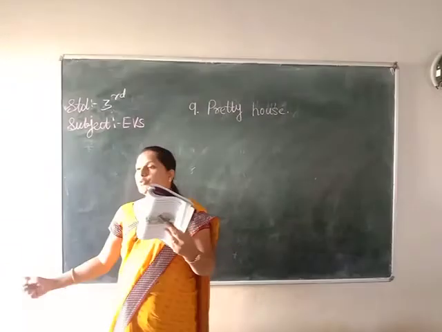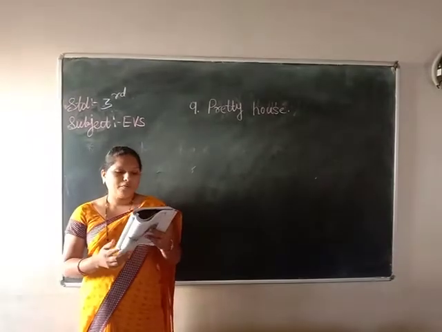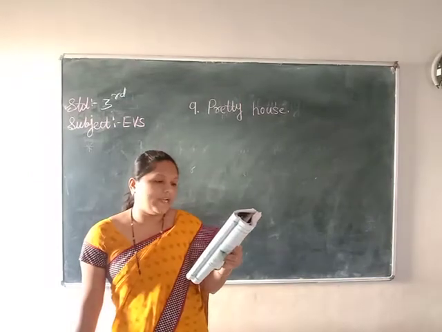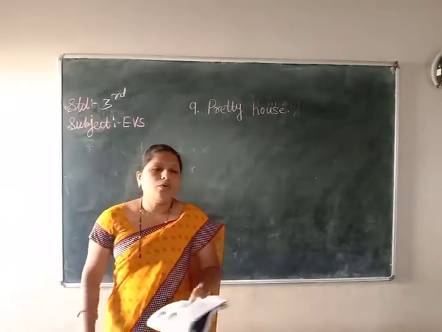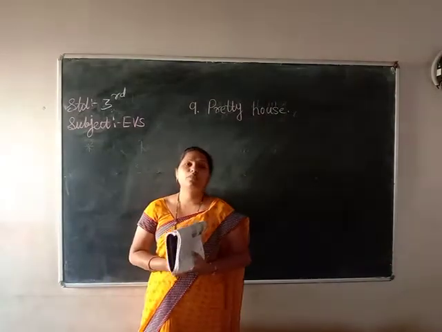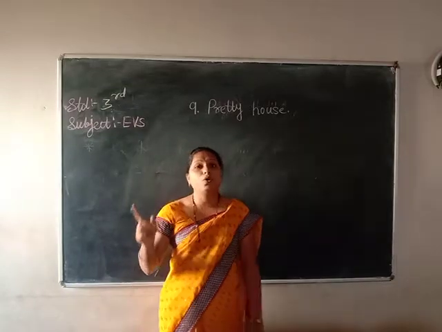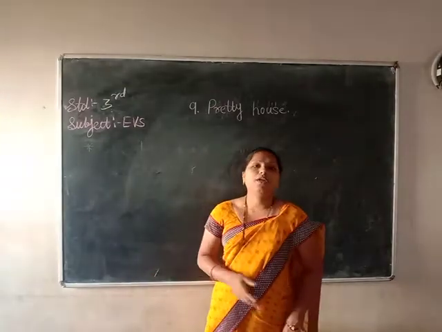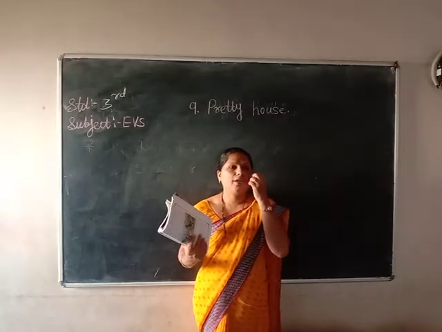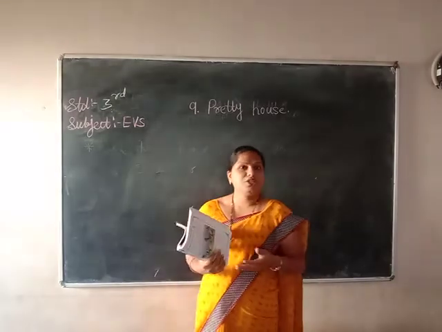Another person was looking at him, wondering why he was doing such things, so that person laughed at him. What might the fellow have done to get light and air? Explain in your words. Whenever you build a house, children, we should make a big door and big windows mainly. Why are windows and doors important? Because through the window and door we get sunlight and fresh air.